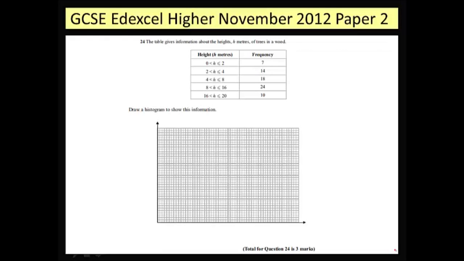Question 24. So in this question we're asked to draw a histogram, which is completely different to a bar chart. For example, a bar chart has the frequency on the y-axis, a histogram doesn't. In a histogram the most important thing to remember is that the frequency is the area of the bars. So frequency is going to be what's on the x-axis, the class width, multiplied by what we're going to put